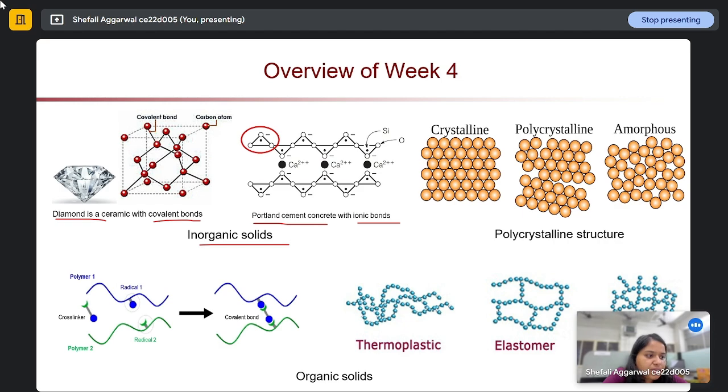There are different classes of these inorganic solids. They can be glasses, ceramics, concrete, cement, rocks, and minerals. These are the types of inorganic solids. Second thing is,